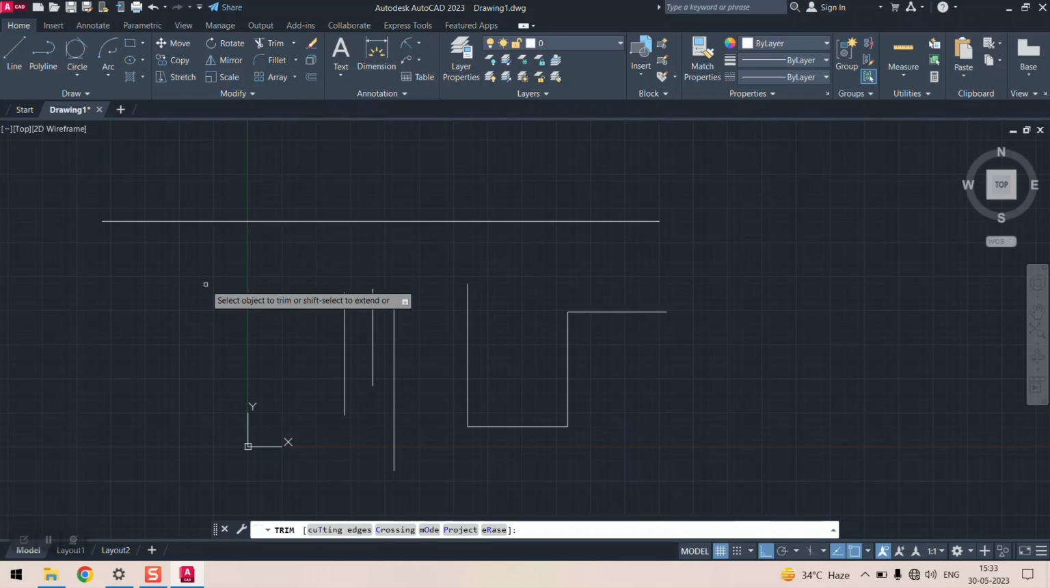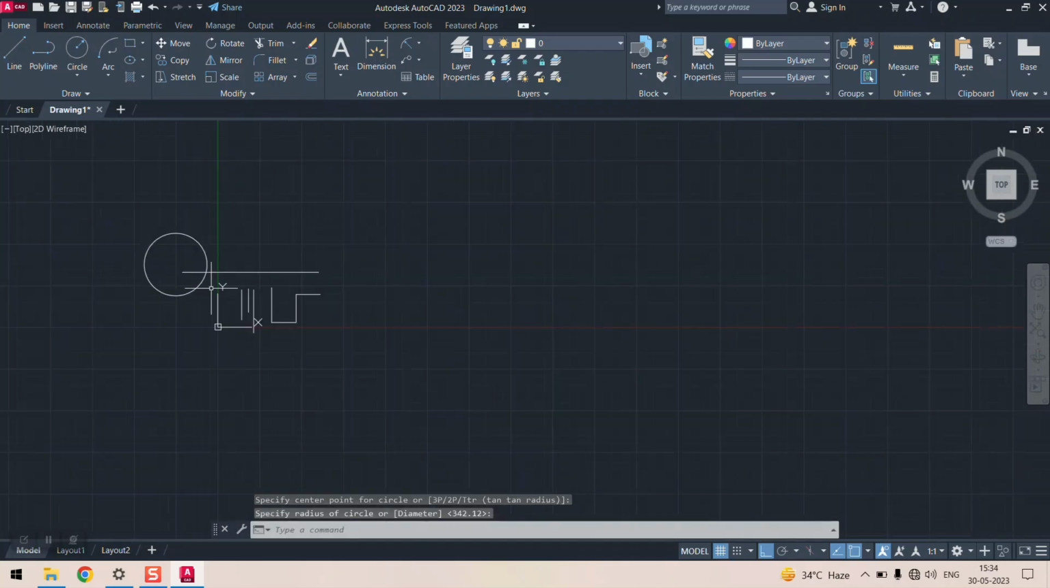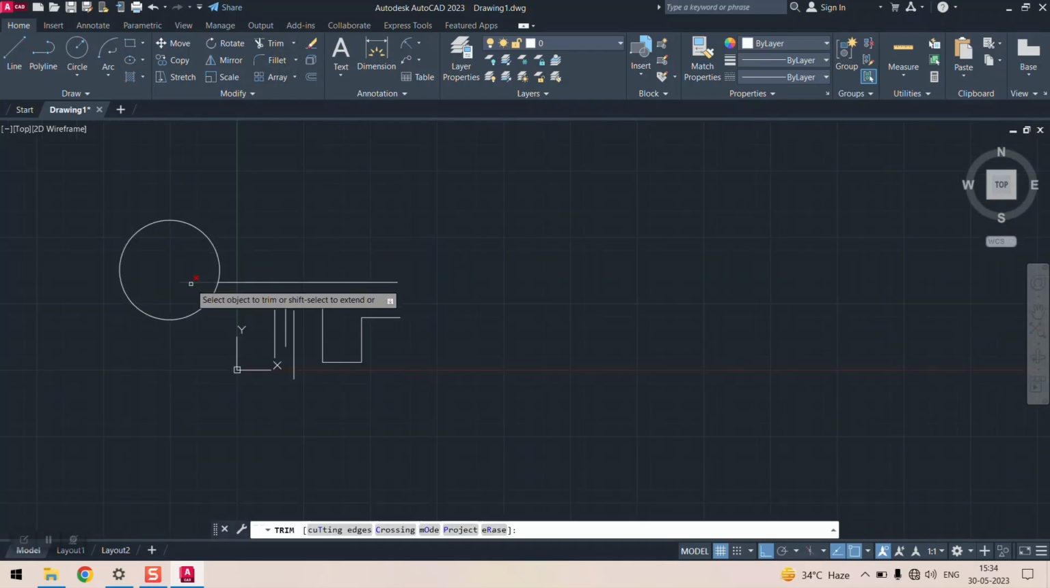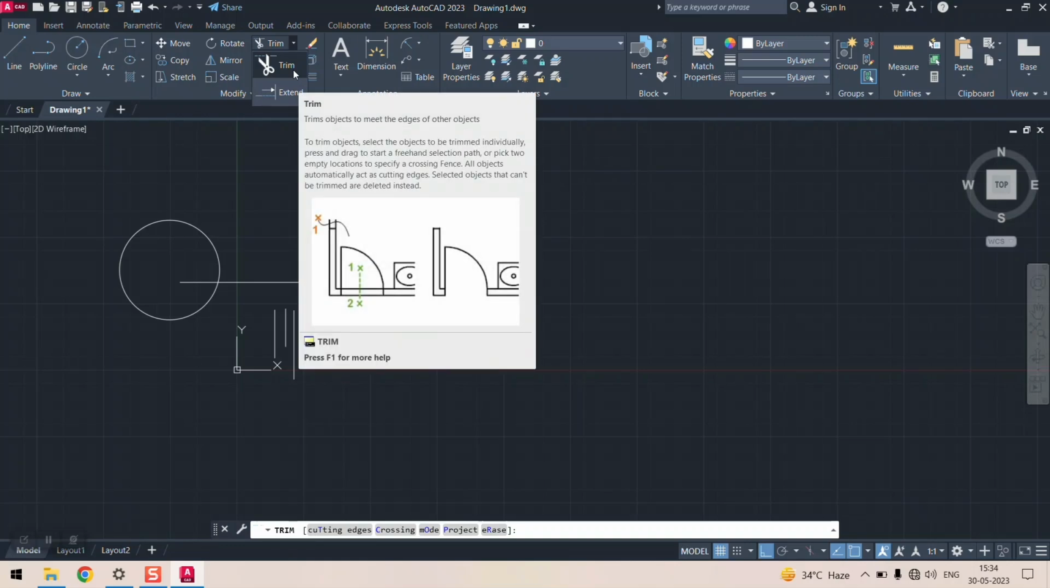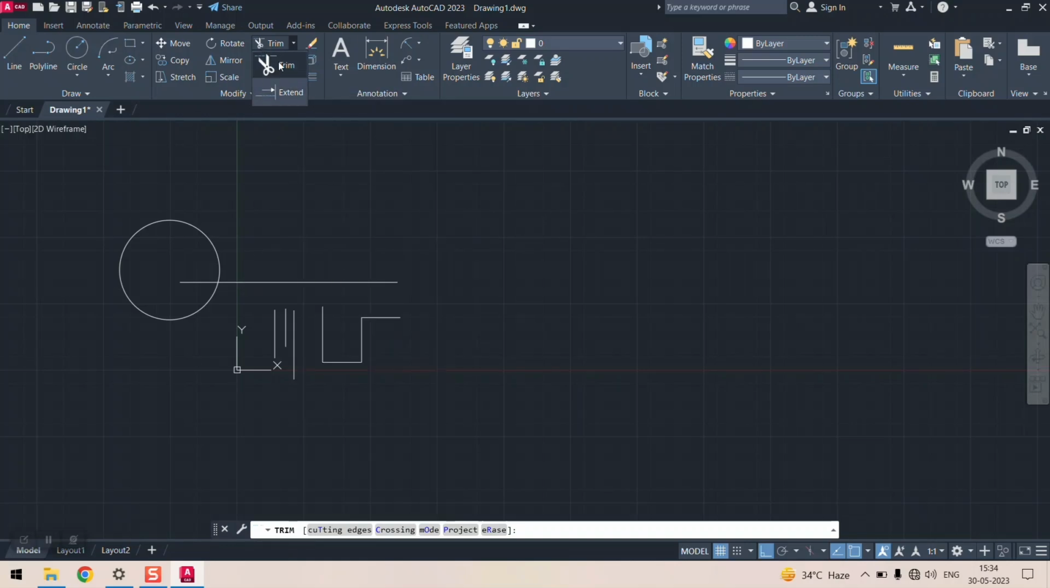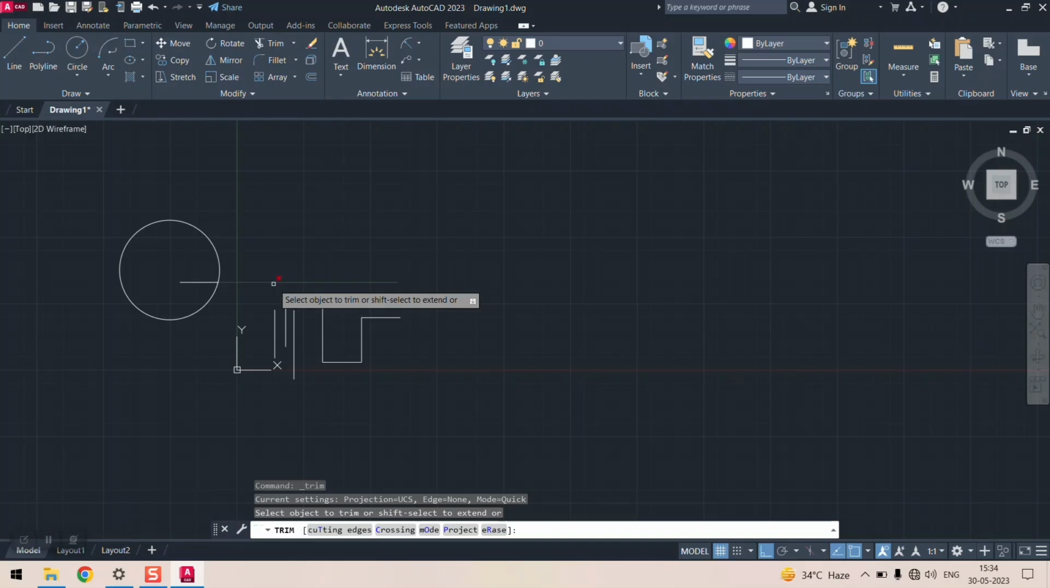Okay, even you can use it like, if you want to make a circle, let us suppose I am making a circle here. You want to delete a portion of this particular line, so you can delete this portion of the line with the help of the trim command. In the trim command there are basically two commands, the trim command and the extend command. With the help of the trim command you can delete or trim a particular portion of the line, like if you want to delete this particular length of the line, you will delete it,